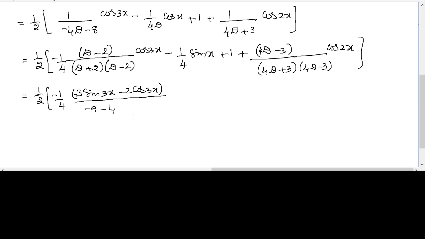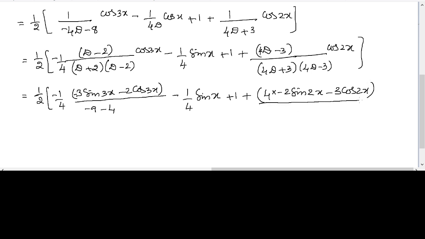So then here we take 1 by 4 into sin x, or we write plus 1 as it is, plus 4 into d of cos 2x. What is the derivative of cos 2x? That is minus 2 into sin 2x, minus 3 into cos 2x as it is, divided by